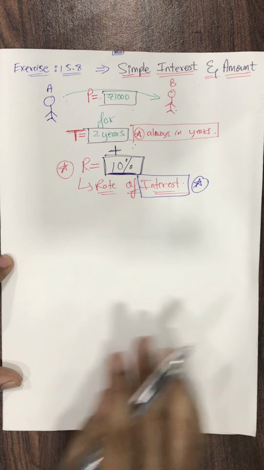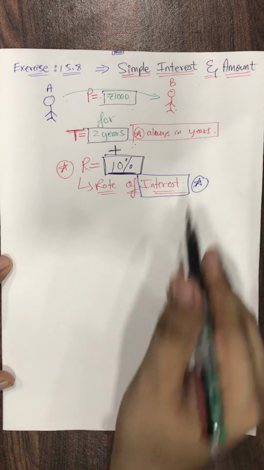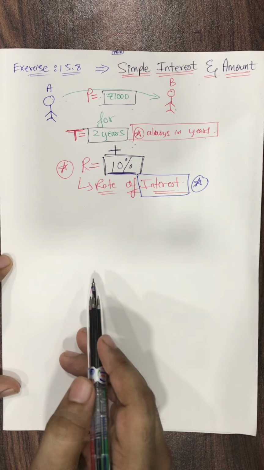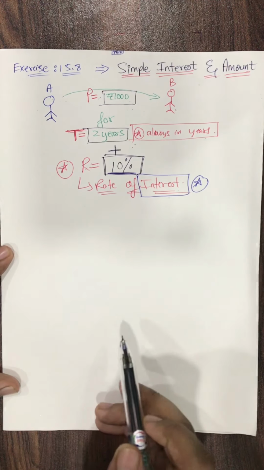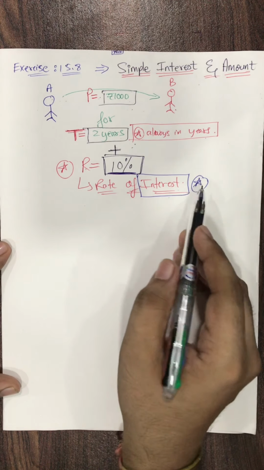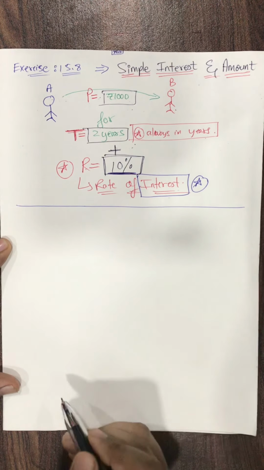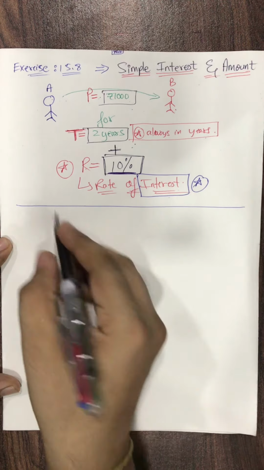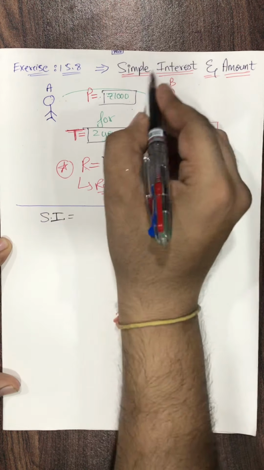And then he realized that in 7th standard, he was learning a chapter called simple interest and amount, and over there his maths teacher had taught him how to calculate simple interest. So at that time B thought, let's recall that formula. So you know what B wrote? That formula I am writing over here in front of you. Simple interest, SI.